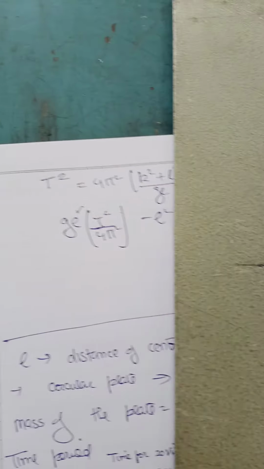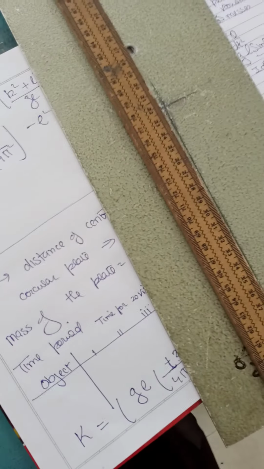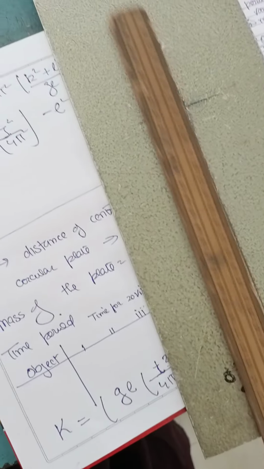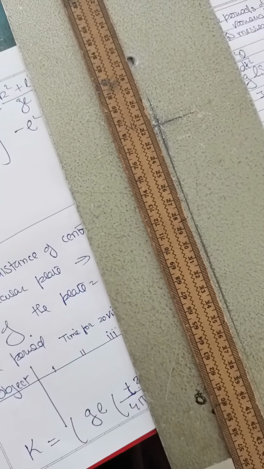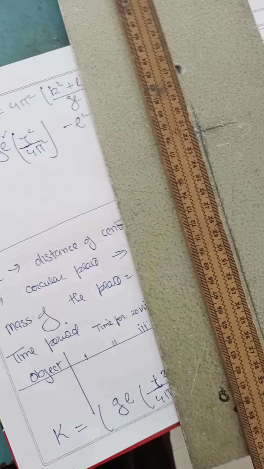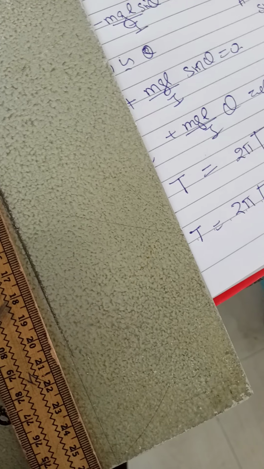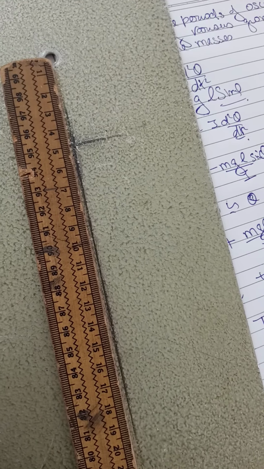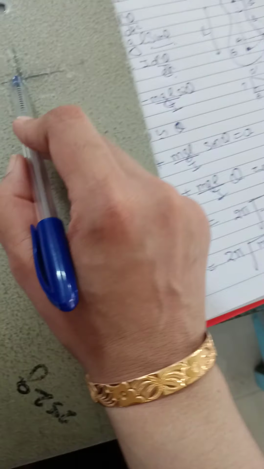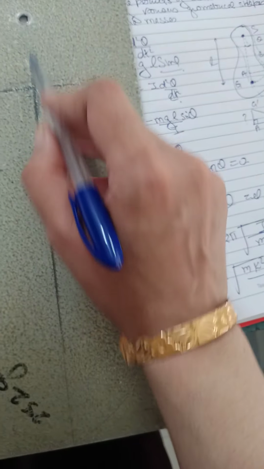This is my rectangular and this is my hole, and this is my scale, it says 44, approximately its answer will be 22. So I'll be taking 22 over here. You can see 22, I have already made a mark. Now from hole to 22, from this to this, you can see the answer is approximately 5. So in short, I have taken all these discs and taken the hole, and from the hole to the center of that particular shape I have taken the distance, that is l.